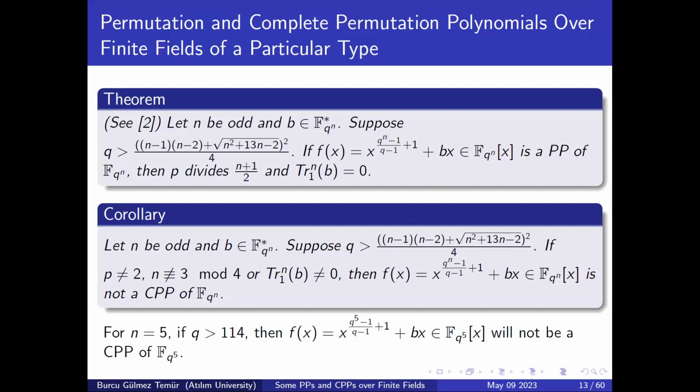Okay, and then you substitute 5 instead of n in the corollary, you find that whenever q is greater than 114, this will not be a complete permutation polynomial of F_q to the power 5. So we